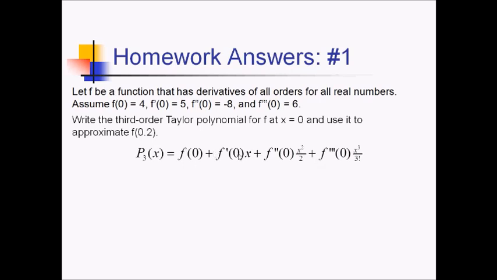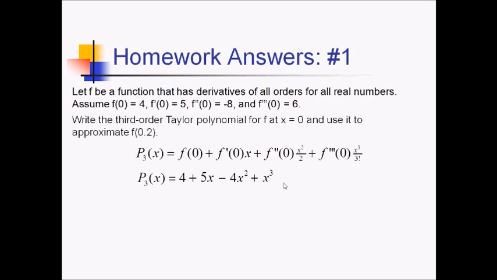So we're just going to go through term by term and complete this with the information they gave us. And then we'll plug in 0.2 to that polynomial that we end up with. So for f of 0, we have 4. For f prime of 0, they gave us 5, so that's 5x. For f double prime of 0, we had negative 8, so that's negative 8 divided by 2, or negative 4x squared. And then finally, we had 6 for f triple prime of 0. 3 factorial is also 6, so 6 over 6 cancels, and we just end up with x cubed as our